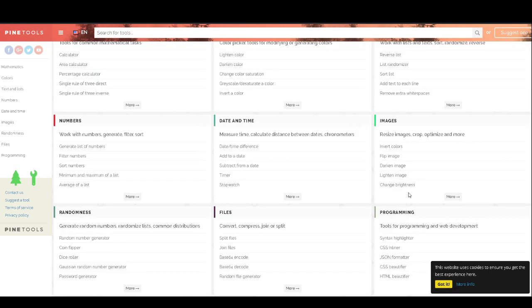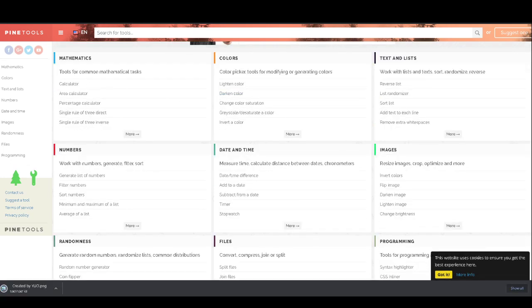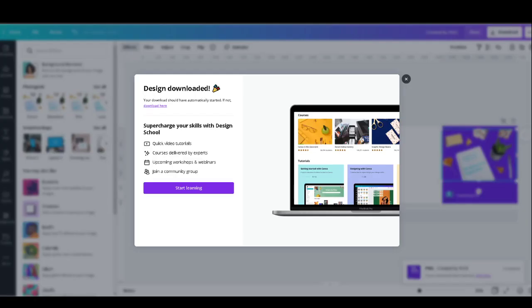Okay. Here you get a variety of options where you can import colors. Okay, download it. Let us see what we are getting. This is the output of the image. We can split it into 3 images using Pine Tools, or we can also split into 5 images if we want to draw anything inside those sides, and you can split the images and post them on Instagram.